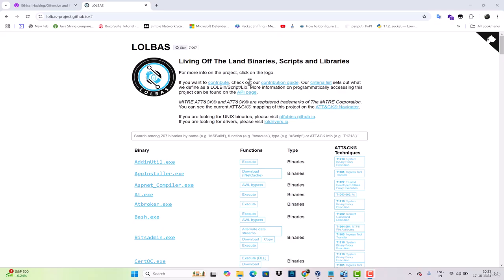So this session will be important for everyone who is going to do real-time attacks in any company or organization, because you can't use any third-party tools to do some attacks. They will be easily caught by antivirus software, EDR platforms, or EPP platforms. So instead of that, you have another option called LOLBas. This is a very great defense evasion mechanism.